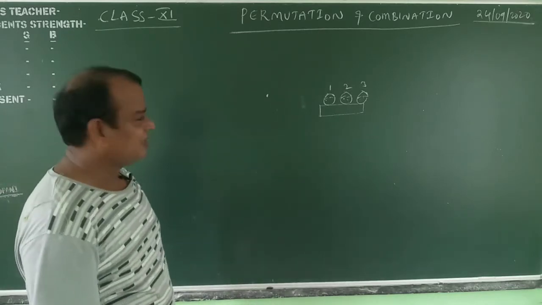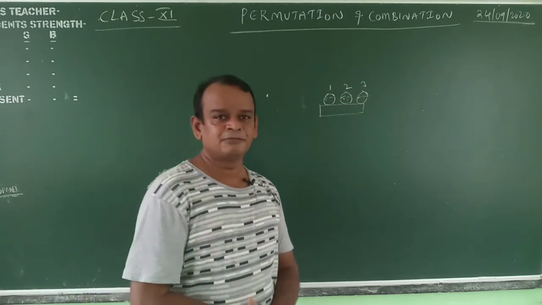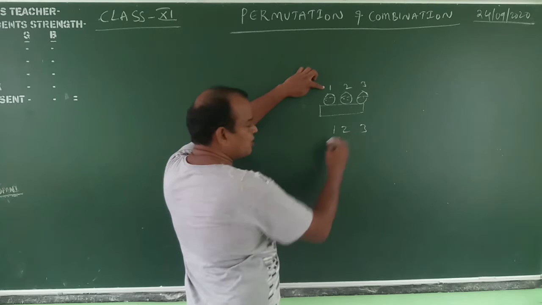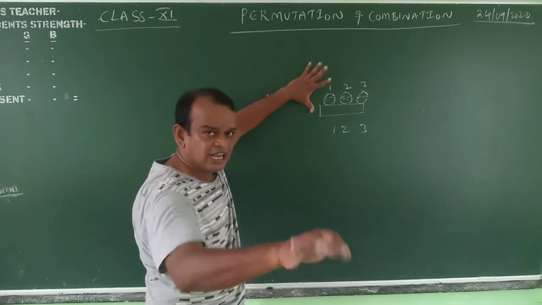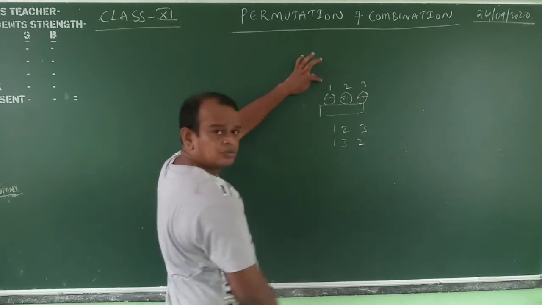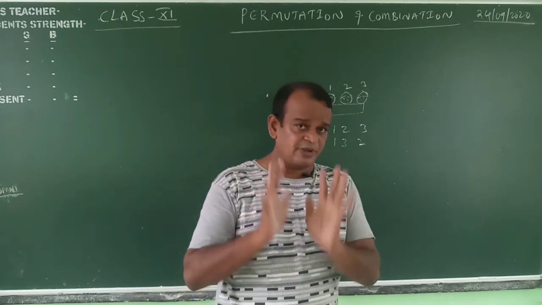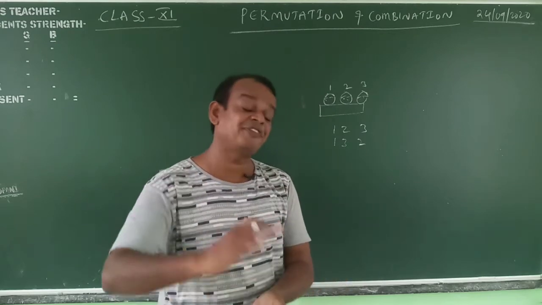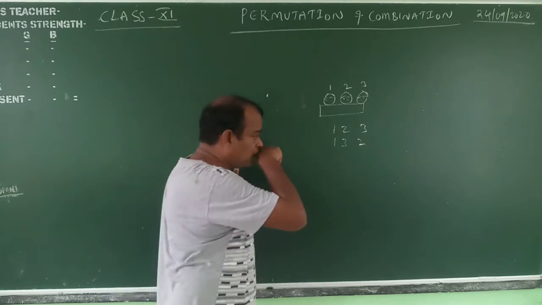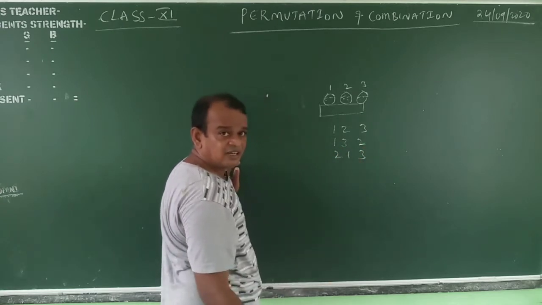Here 1, 2, 3 are the 3 students. We will arrange the 3 students on that bench. How many different ways? For suppose in this order, 1, 2, 3, no problem at all. Now, first student, 3, 2. This is an arrangement or not? Those 3 students must and should sit on the first bench only. But how many different arrangements? Not the same, different arrangements. Here repetition is not allowed, my dear students. 1, 3, 2. 2, 1, 3. Different or not?